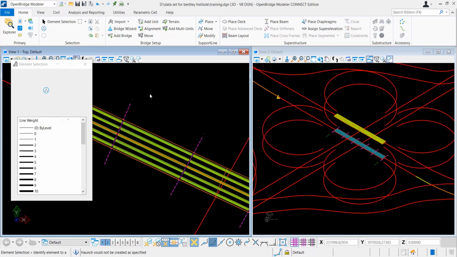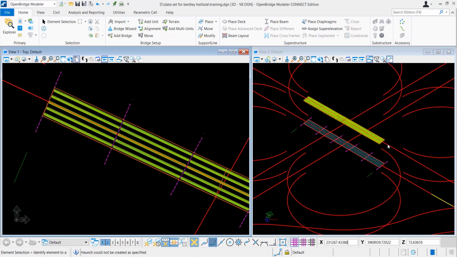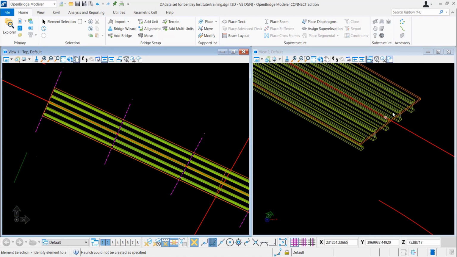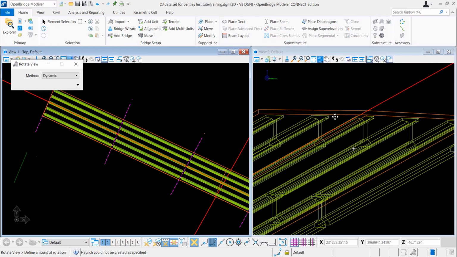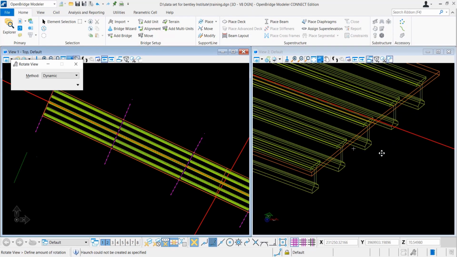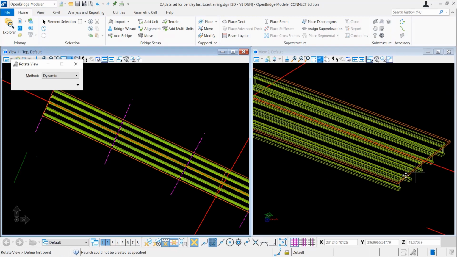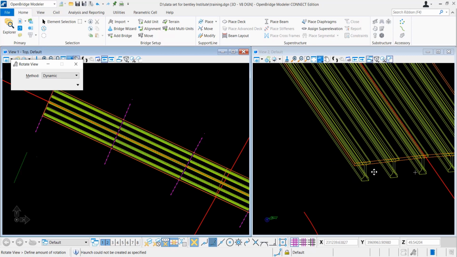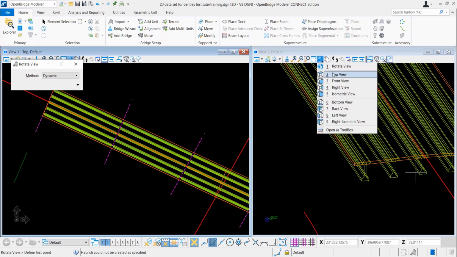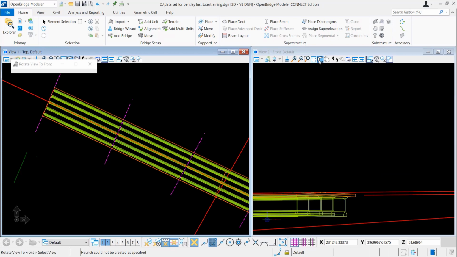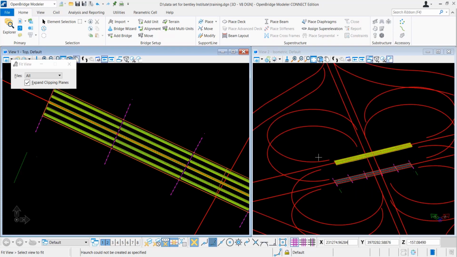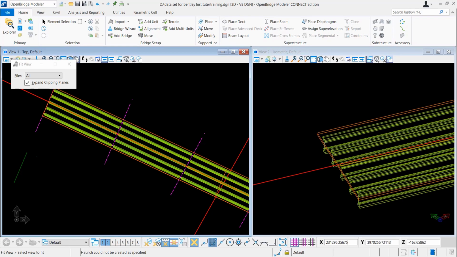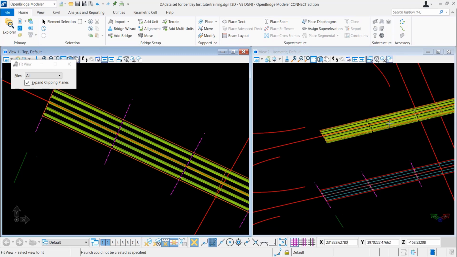And you can see exactly in 3D how you place the beams. Basically all your beams have been placed below the deck, and these beams are also following the cross slope of your deck. So that's how easy it is. It will help you to create an easy bridge model. You can also use certain different visualization tools, because we can see that it's transparent here, right? And through these options you can go to different views. You can use these visualization tools to change the labels as well.